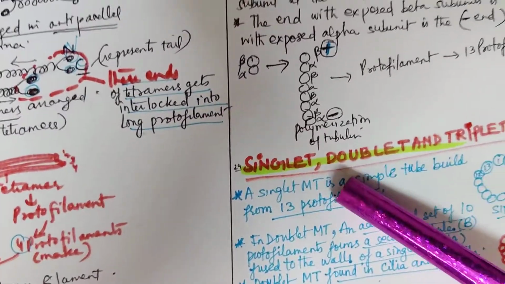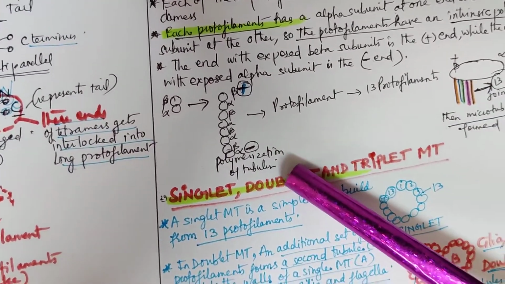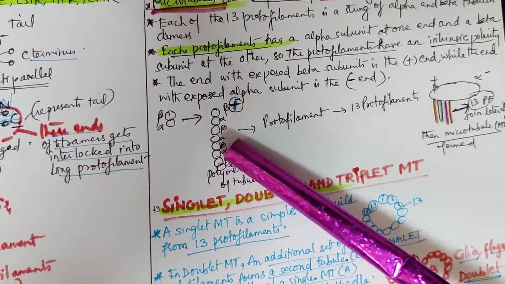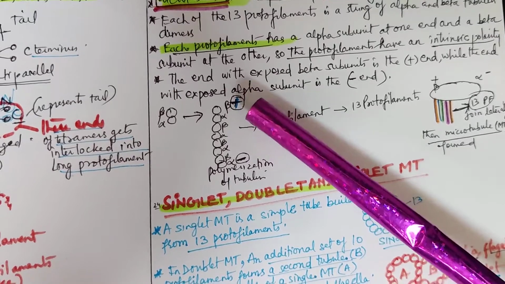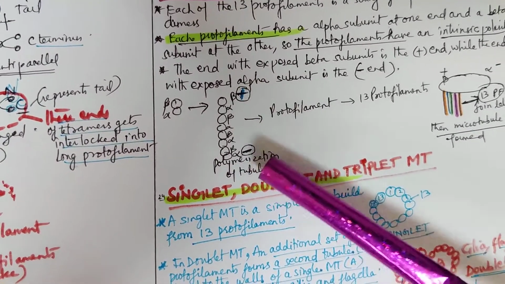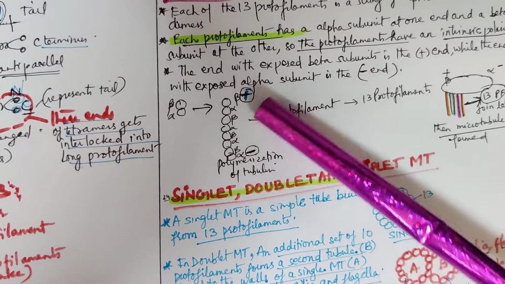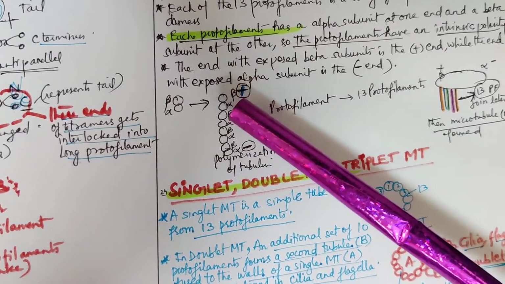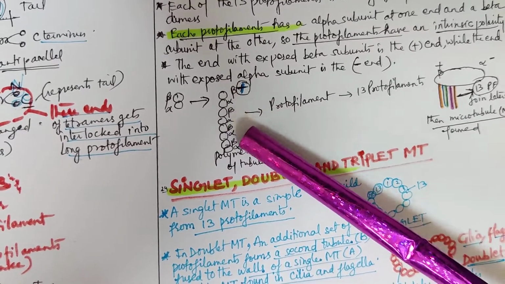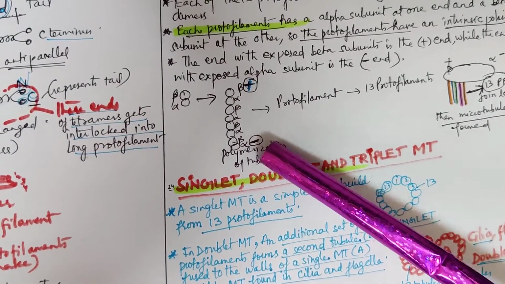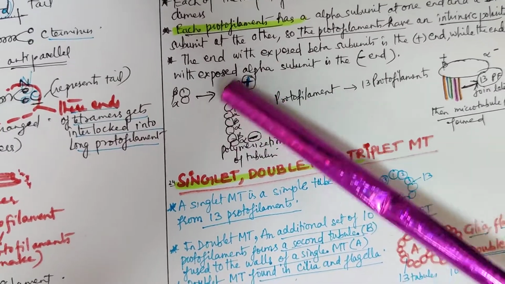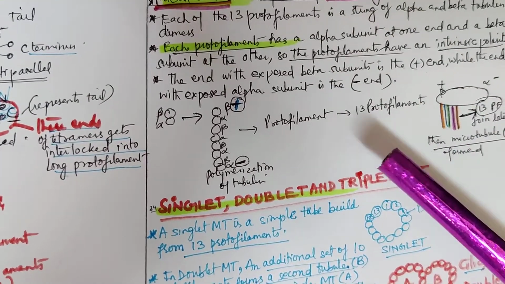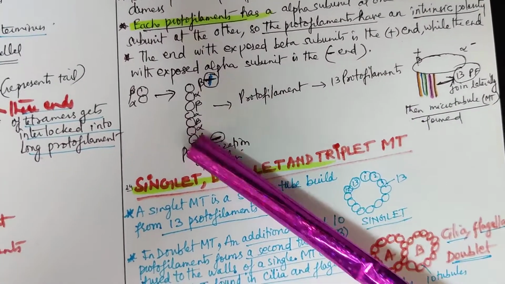Here is the diagram of the polymerization of tubulin. This is the alpha and beta structure. The alpha and beta will arrange like this: beta on the top, which will have the beta end, the positive end. The other end will be the negative end, which will have the alpha end. So polymerization will occur as one molecule of beta, then alpha, then beta, then alpha, then beta, and alpha, beta, alpha. When it ends with alpha, it is negative. And this polymerization forms a protofilament, and there are 13 protofilaments.